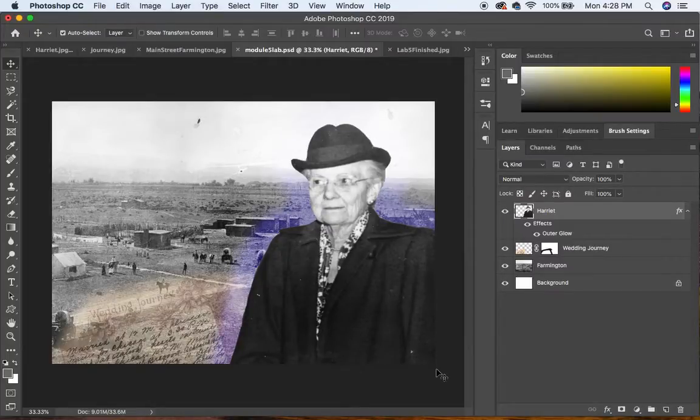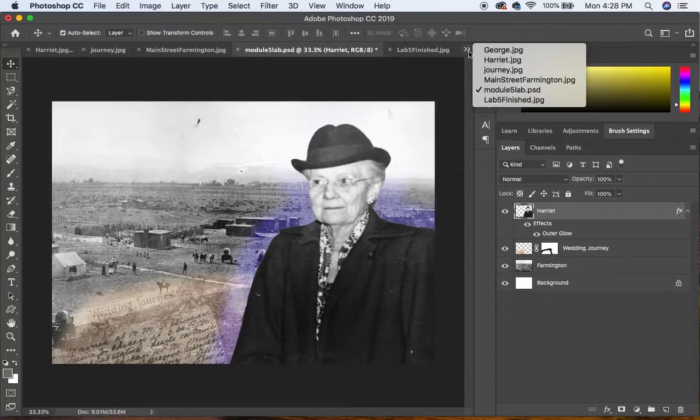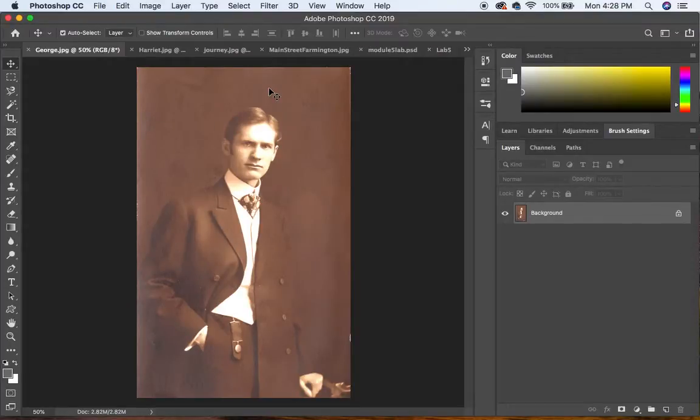Okay, so that's Harriet. She's pretty much done. And now we are ready to work on George. So let's go to George. Okay, so George is a different color. He's sepia, whereas Harriet was black and white. And George